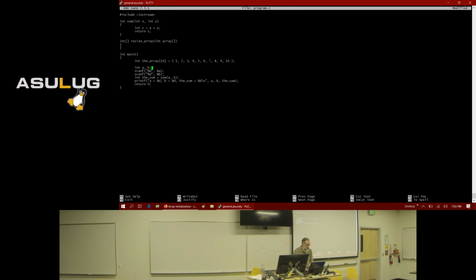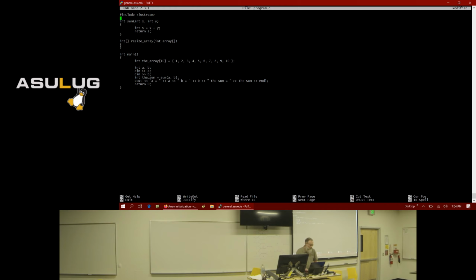So then, instead of using scanf, we'll do cin, and then instead of using printf, we use cout. Okay.